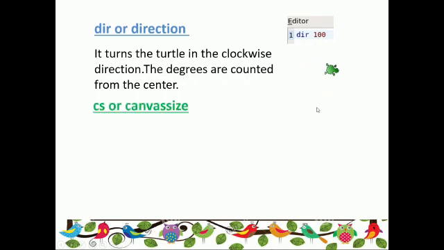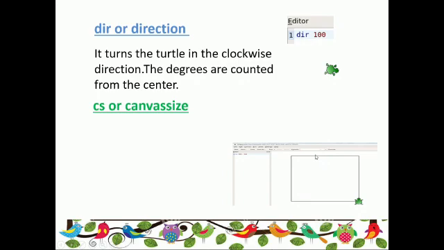After that, another command, that is CS or canvas size. As I told you earlier, it just increases, or you can say decreases, the width of your canvas. Just look here. This is the canvas of your screen.